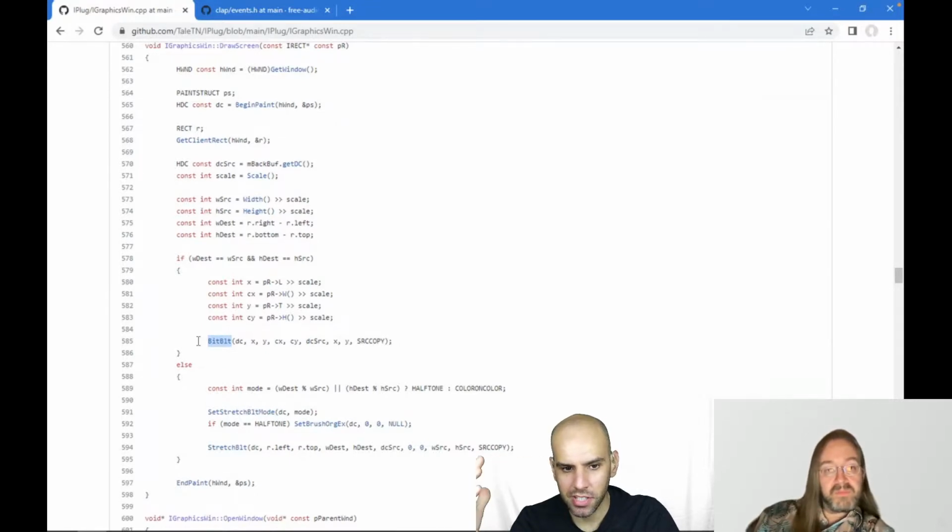So you have literally a loop that is going pixel by pixel? No, there's a loop in iPlug that goes control by control. So every control, starting with the background and then moving up. And then it checks if the control is visible and if it's part of the rectangle that we want to update, because we don't always necessarily update the whole screen. And then it draws that in memory on top of one another. And when it's done all that, then it blits it to the screen. But of course, the LICE parts that draw the bitmaps in memory have to copy the big pixels.